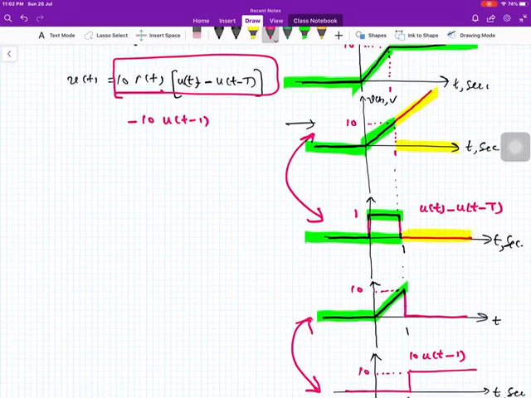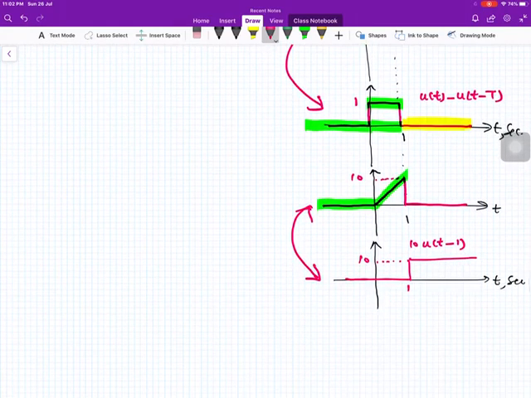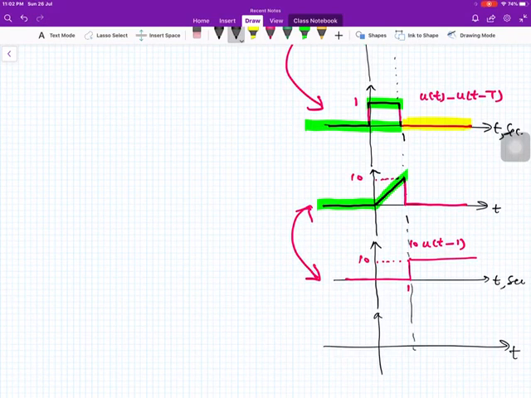Sorry for confusion, in fact we are adding. So if we add these two signals, over here, t, and this is 1 second,